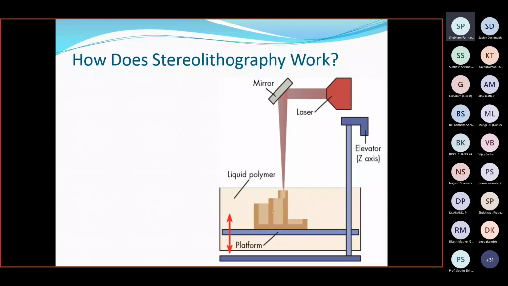So the complete object itself is sliced, not divided. Divided is not the correct word; slicing is the technical word here. We slice the object into different layers, and then build one layer, then another layer, then another layer, like that. That's why 3D printing itself is known as an additive technique, or additive process.